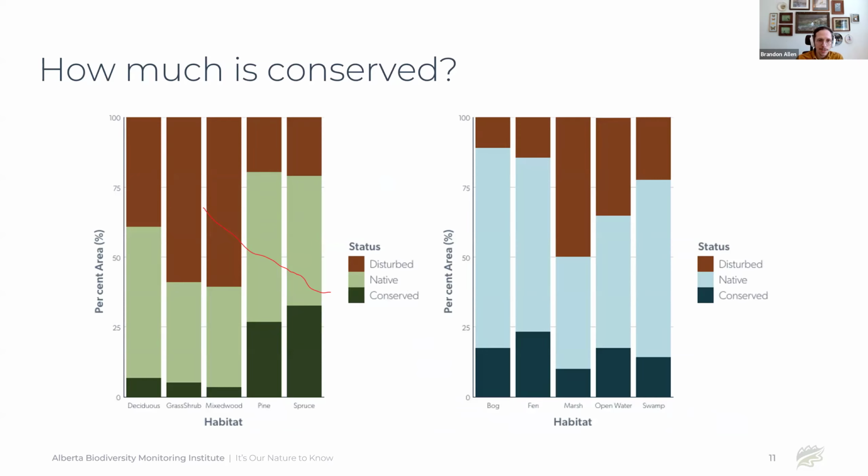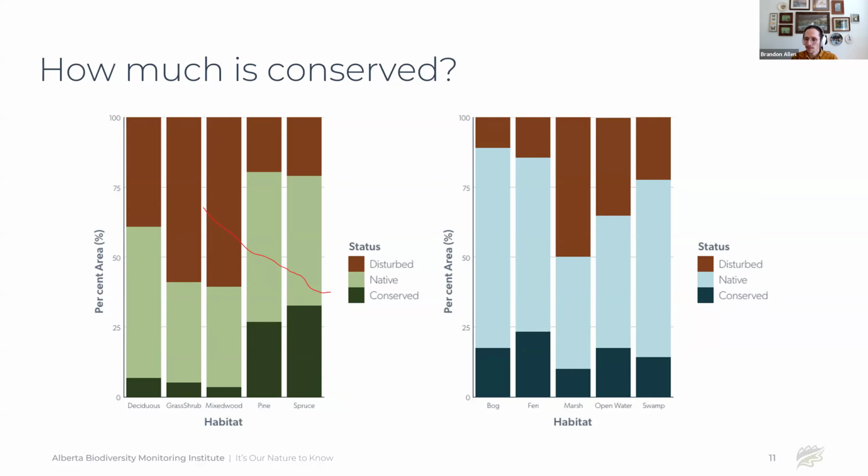And so we wanted to, again, put this in context: how much is conserved, but also what has been disturbed across the landscape. In these figures, we've scaled the total area for each habitat type into percentages. So this is the total percent area of those habitat types we think existed on the landscape prior to any human activities. And you can break this down by what currently falls under protected areas and OECM statuses, what is just considered native on the landscape, so currently doesn't have any active human footprint on it, and then any areas that have historically been disturbed.